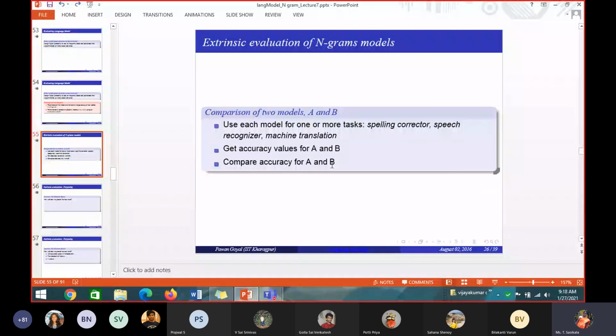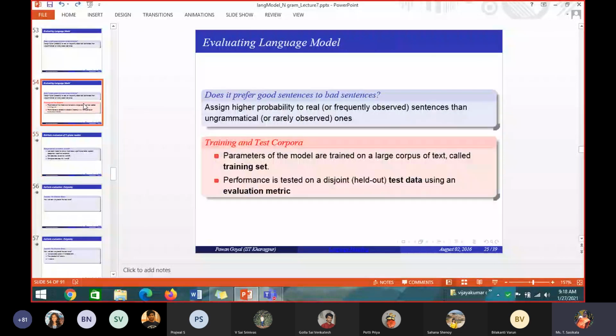So this is one way of evaluating a language model. You have created a language model, and you have to evaluate it. Which model is the best one? You have constructed some three models; which is the best model? Like this, with the extrinsic method, you can do it. The intrinsic method, I will tell you in the next class. Okay. Any doubt till here? So the intrinsic method of evaluation, from here we